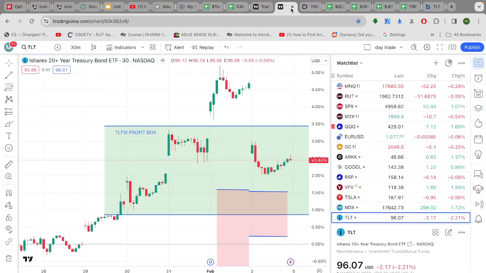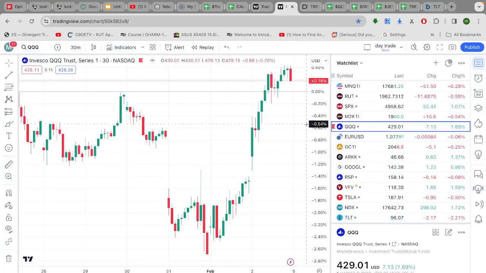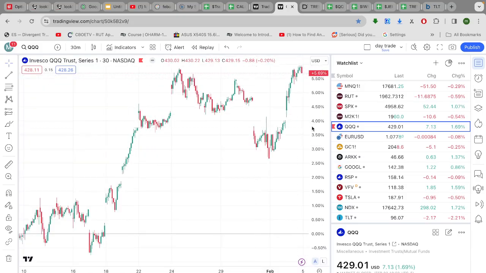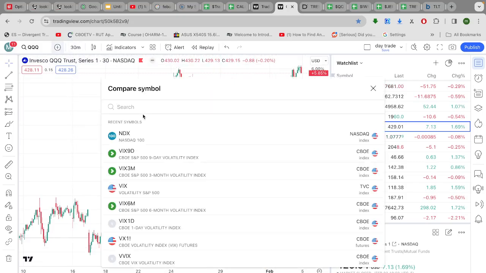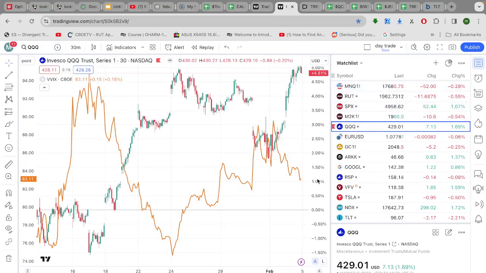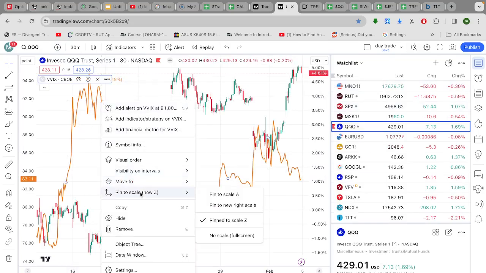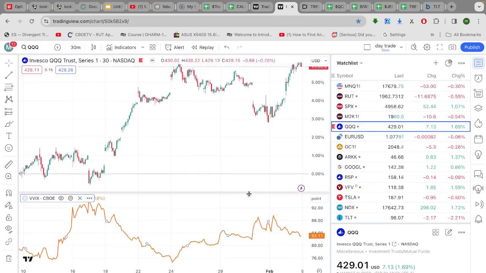Okay, let's pull up the chart here. The first trade was in QQQ. This was a good trade. I almost picked the exact top on this day. Okay, so here's the VIX on the bottom, or it's actually the VIX of VIX, the VVIX, but in any event,